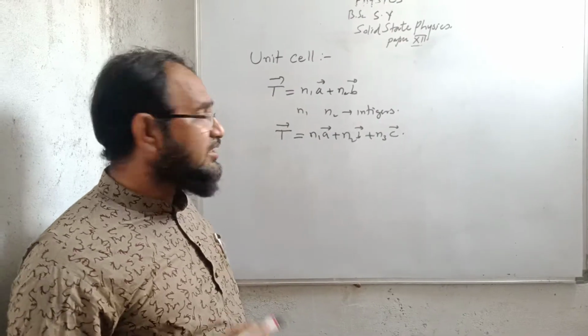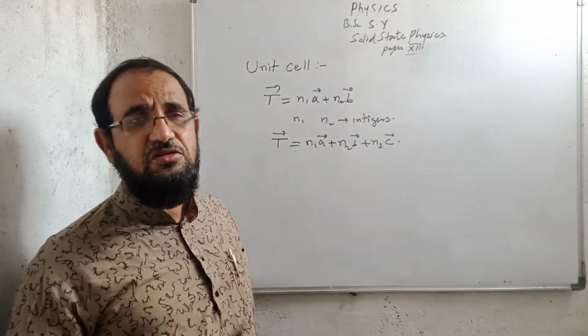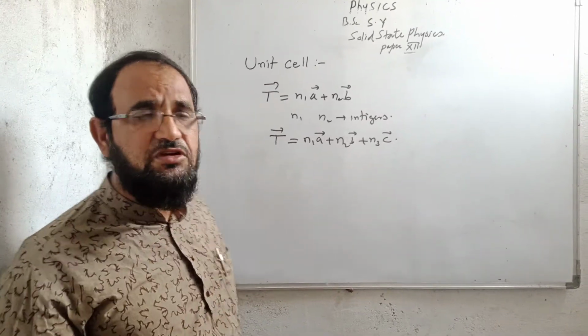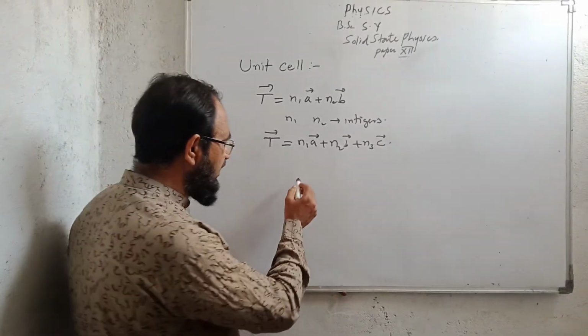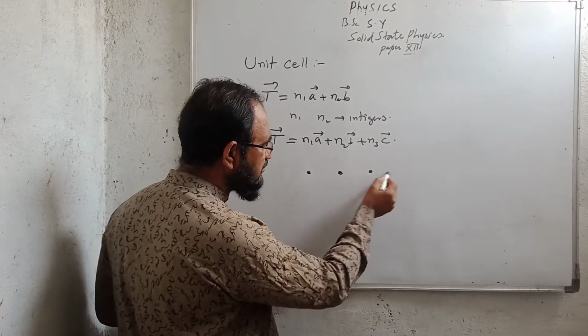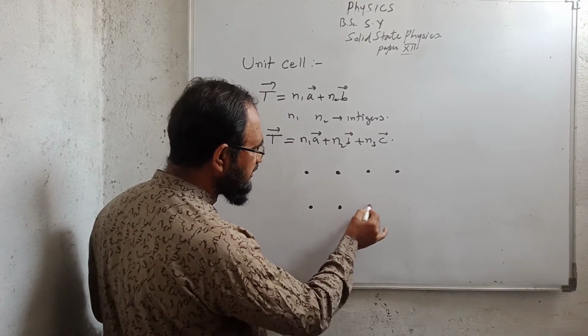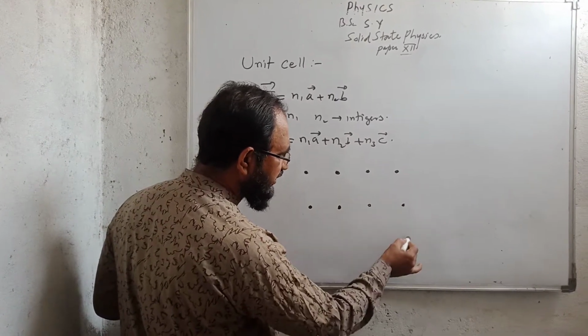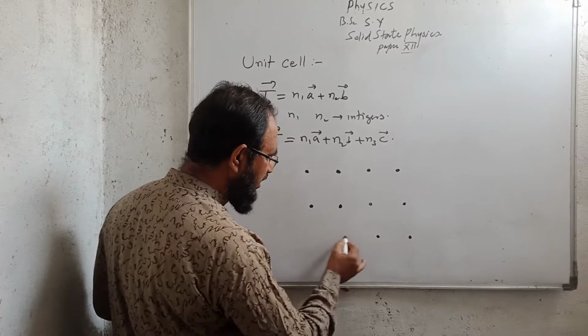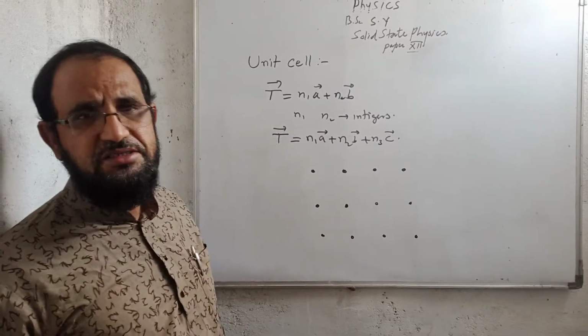Now today we are going to study about the unit cell. So let us study the different types of unit cell. First, see what is a unit cell. If I am having these lattice points and bases are also there, these points are equidistant points situated in a regular manner, and I will translate here any of the two points.